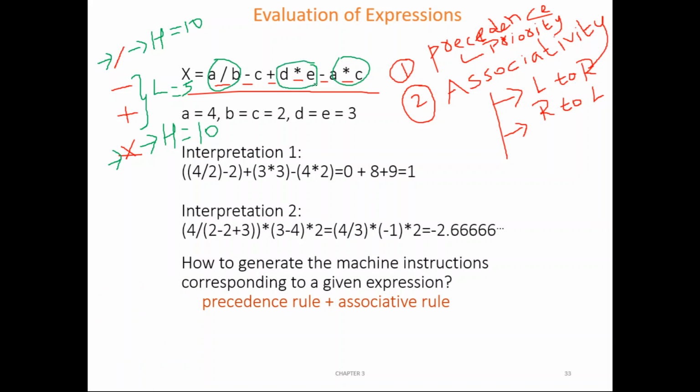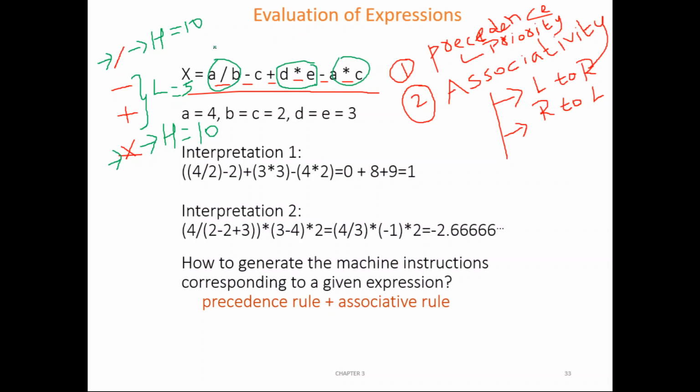So how should they be executed? Now the question is whether it should be executed left to right or right to left. Whether a star c should execute first or a slash b should execute first. In that case, the rule of associativity for arithmetic operations says that it should be executed from left to right.